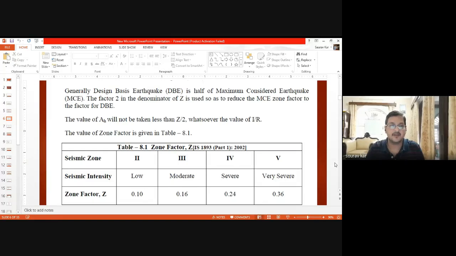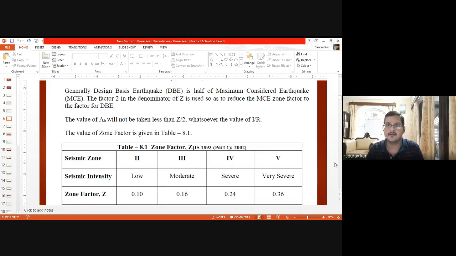So when we put in the values, either we can select the city. With respect to city, there is also a database for zone as well as zone factor. That means you can either directly give the zone factor value, or you can give the zone or the city.